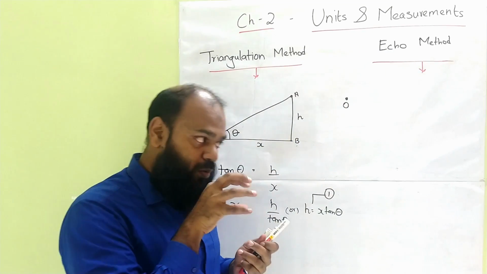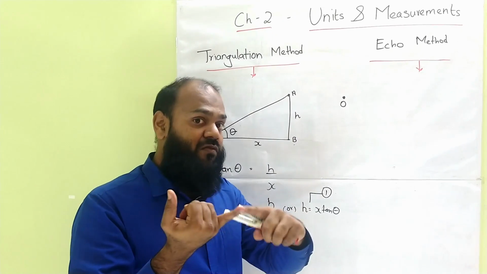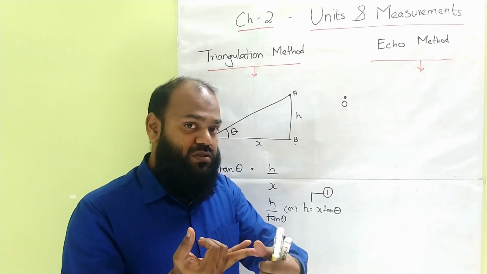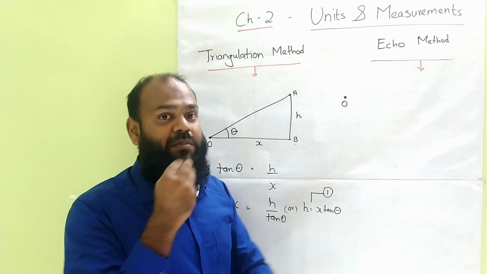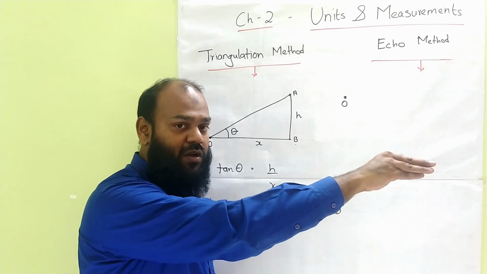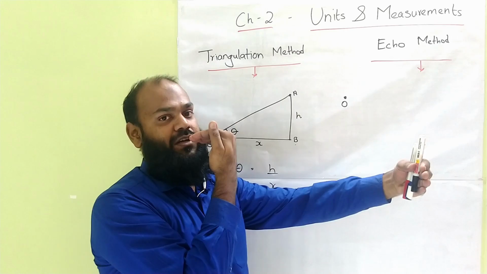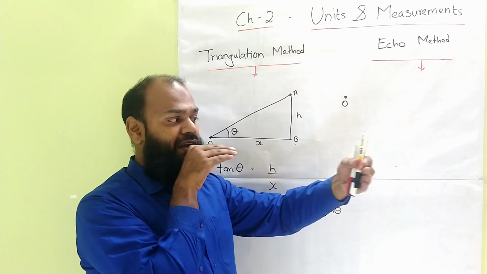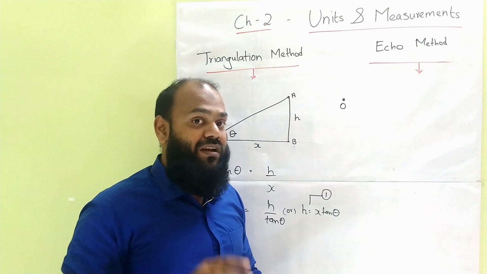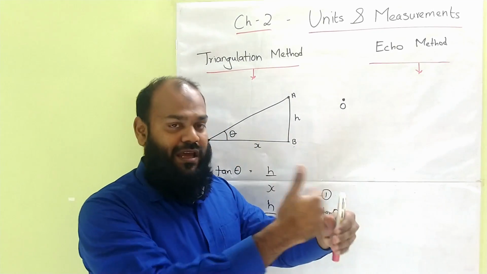What you do is project a wave. It can be a light wave, a laser, or it can be an ultrasonic wave used in radar, or it can be a sound wave used in sonar. You're propagating a wave in a particular direction. It goes, hits the object and returns back to you. The time taken for the wave to go, hit and return to you will allow you to decide the distance of the object.